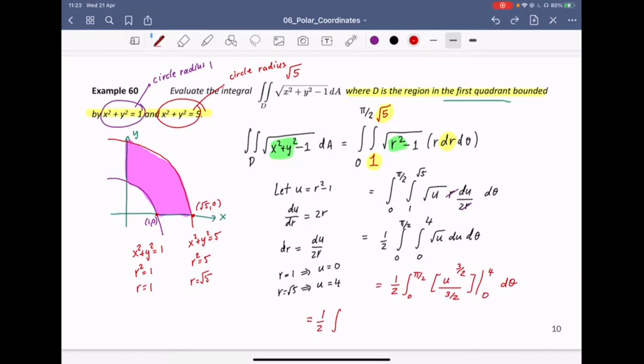I'm going to pull out the number over there first and get 2/3 here, because I have 3 over 2 in the denominator, and then I get the integral from 0 to pi over 2, and then that is 4 to the 3 over 2. That is number 8, because taking the square root of 4 first, you get 2, and then 2 cubed, you get 8. And then the answer is going to be 1/2 times 2/3 times 8, and then times pi over 2, which is,